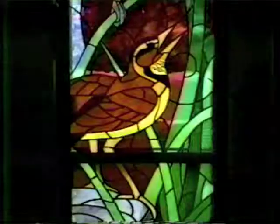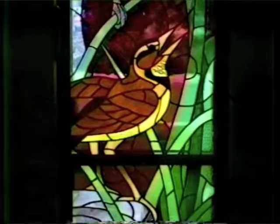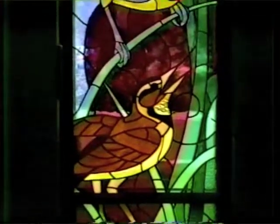This sixth panel also depicts the fifth day and shows the birds that were created. We were able again to use local flavor in the form of birds that are here year-round. First we have a male meadowlark on a boulder in a field, singing out his song, and above him is a male western tanager, also a local bird, and then above them, male and female red-winged blackbirds,